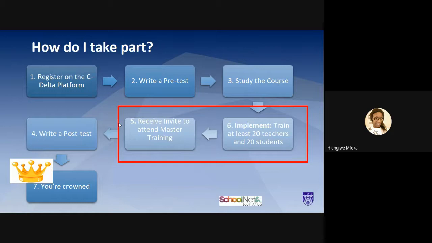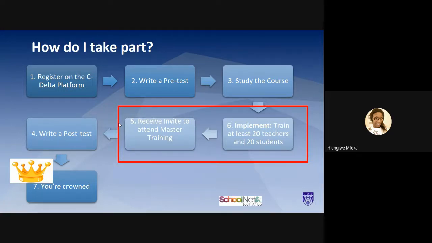Right. Now I'm sure someone's sitting there and saying, thank you, you know what? We are sold. We definitely want to take part in this program. It's amazing. There is a lot more that we can say about the program. How do I take part? I would like to close with this one. How do you take part? These are the steps that you need to follow to graduate or to complete.